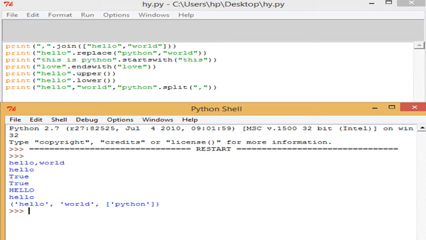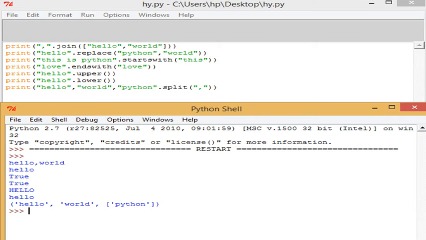So it is writing that starts with this. Basically it is showing that it is starting with this, so it will return me a true value. Next we have ends with. When I am talking about ends with, it should return a value when it is ending with that particular word. Here I have defined the word and it is a single word. So it is ending with that word only, so that's why the result we are getting is a true value.